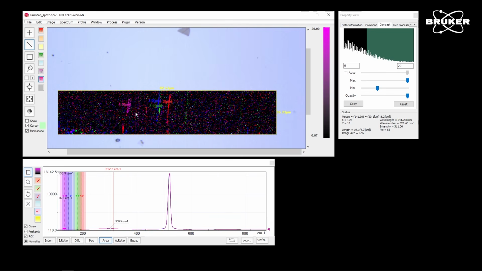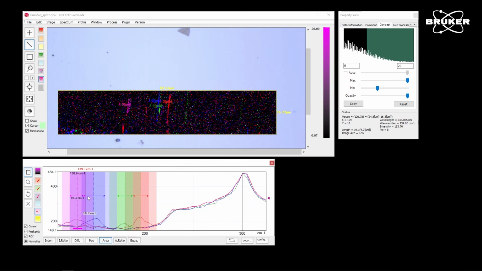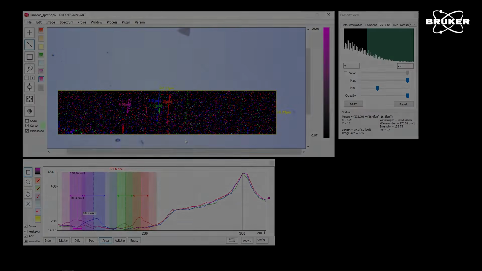In order to get a higher quality, one has to most likely spend more time here, average more to decrease the noise and to increase the signal quality of the radial breathing modes. But what you can see here is that not only the famously known G, D, and 2D bands can give you insights into your sample, also the special radial breathing modes of the carbon nanotubes help you analyze what you synthesized in the lab.